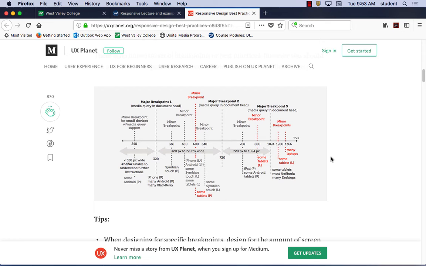The other concept that I want to point out is that this is not necessarily flexible as far as scaling. A lot of these breakpoints are not necessarily scalable ones, but ones where you just have a specific size for that platform, and so on. What I mean by that is